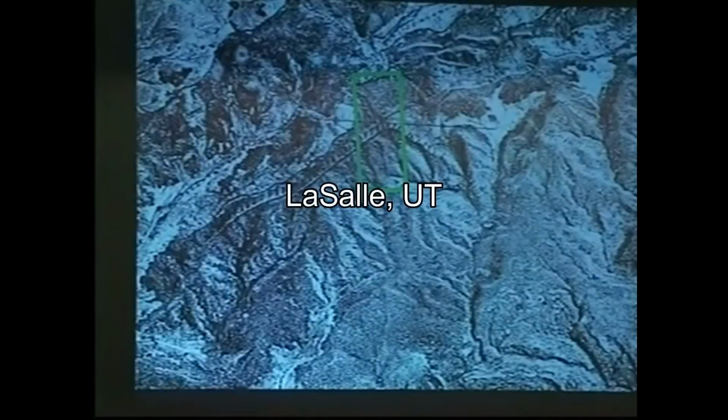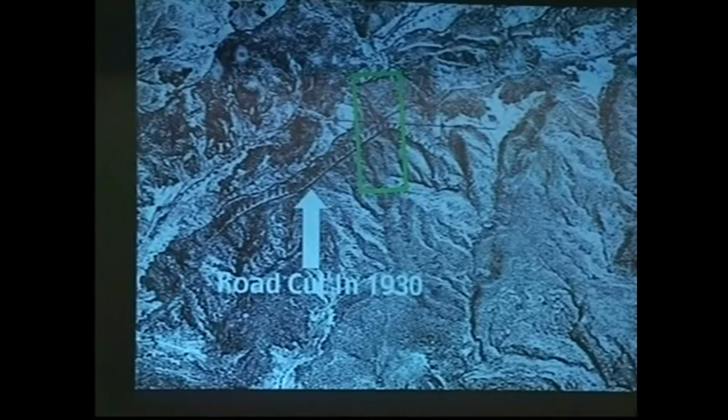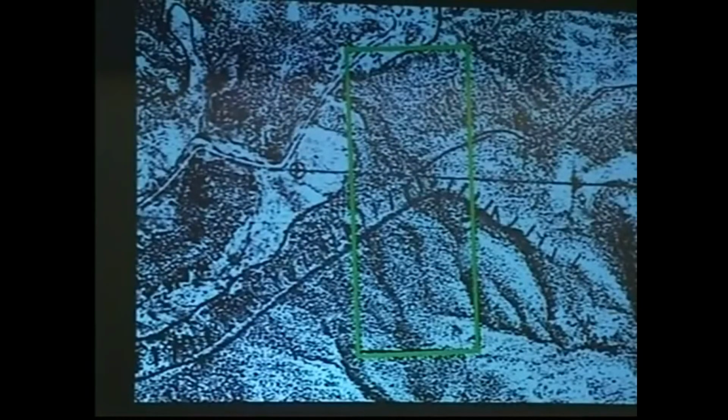Here is the property owned by the mining company. This is the road that was cut in 1930. Prior to the time the road was cut, this hill just continued right across, and then the mining operation began. We'll look at a close-up, and there we see the road and the property. The 30s excavation covered this area, and then the 70s went further down in this area as it approached the